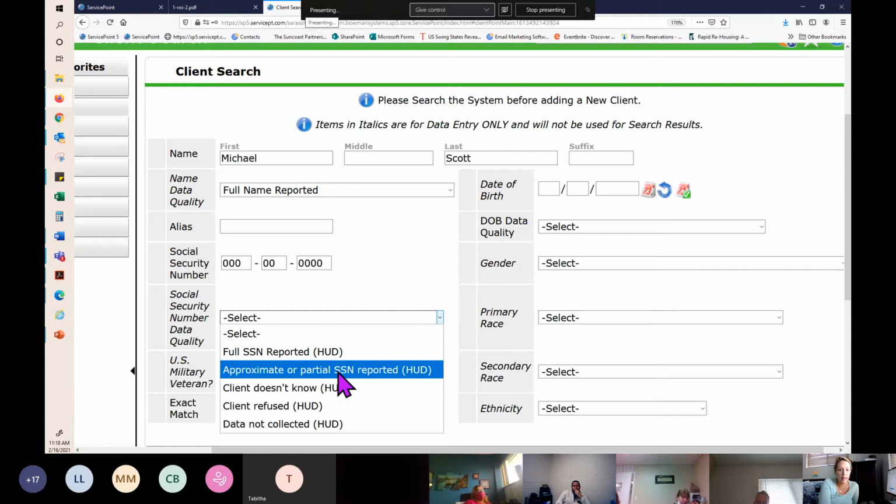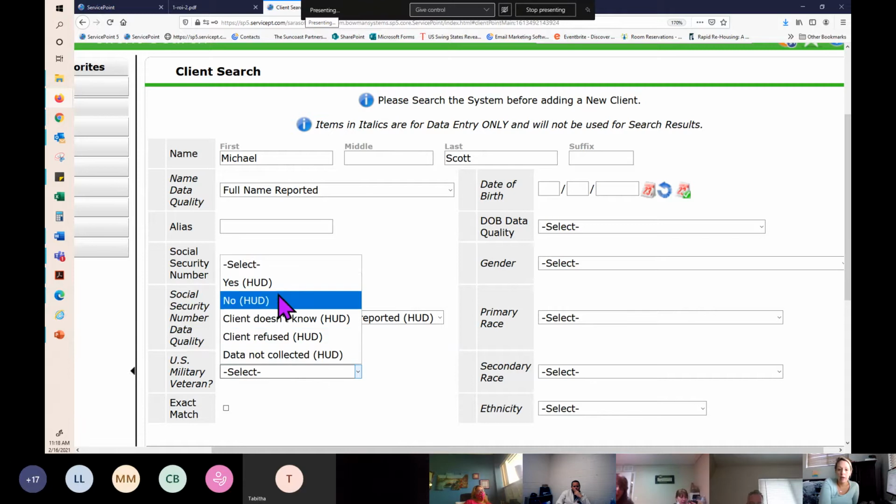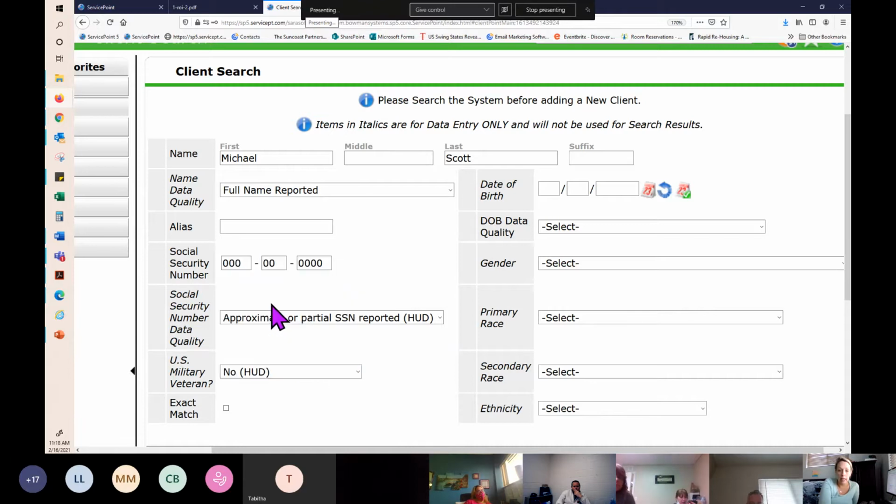So we'll say approximate or partial, U.S. military veteran. Michael Scott is not a U.S. military veteran. His date of birth,